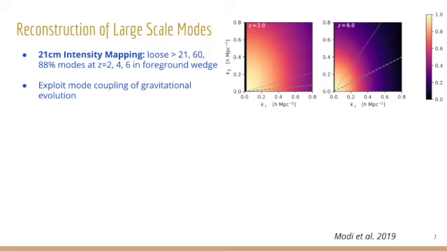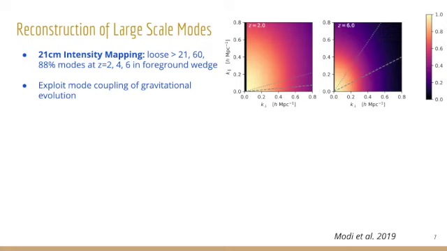So if you look at the Fourier plane here, these are the modes of the surveys. And this dotted line essentially shows the boundary of the foreground wedge. So everything below this line, you do not observe. And depending on whether you're optimistic or pessimistic, you have different wedge considerations. But the end result being that between redshift 2 and 6, you can lose somewhere between 20 to 80% of the observed modes completely.